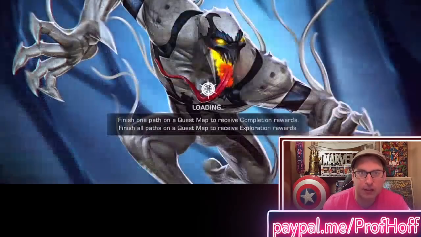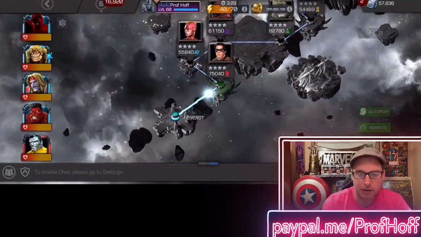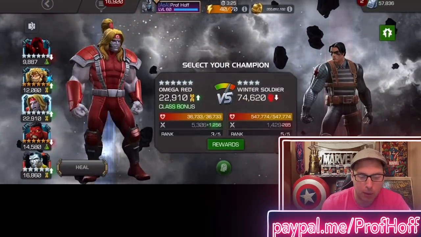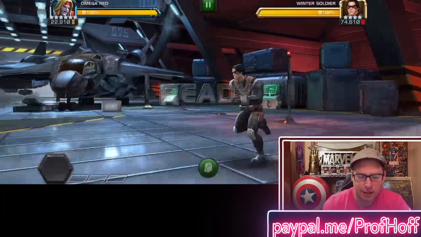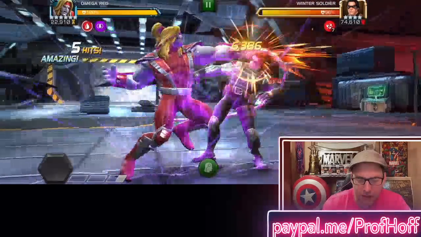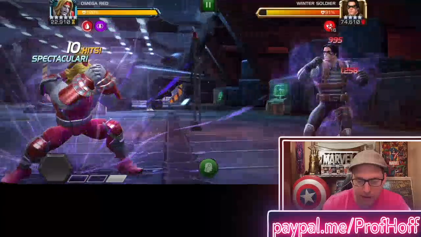So, last time, it just casually took me 70-something hits to melt away Winter Soldier. Part of the reason why I didn't do this synergy originally too is I won't bring this team in too much for general questing. I preferred to still make Omega Red a horseman. But we're just going to see